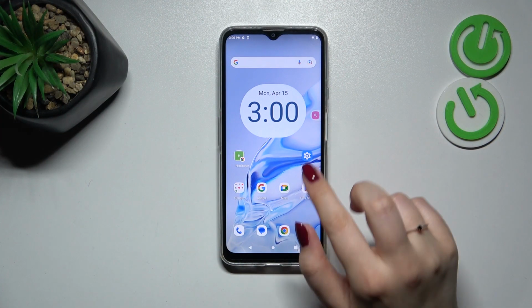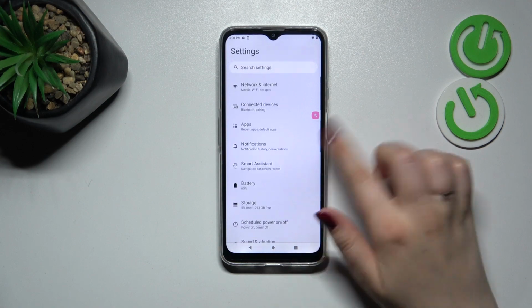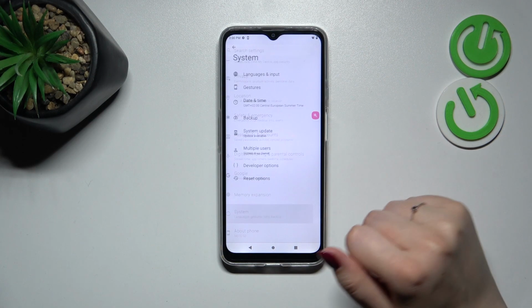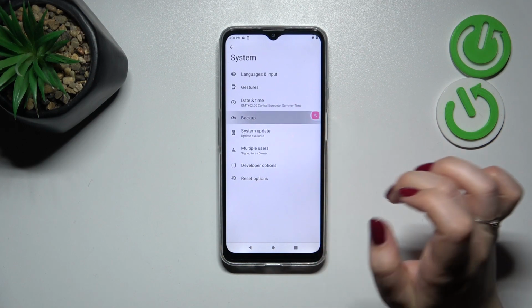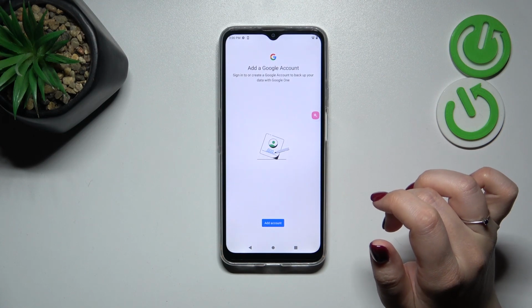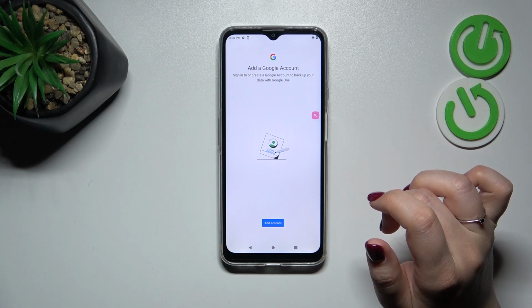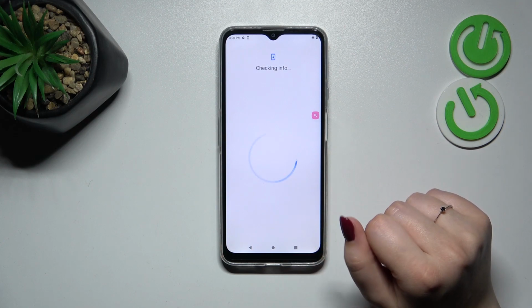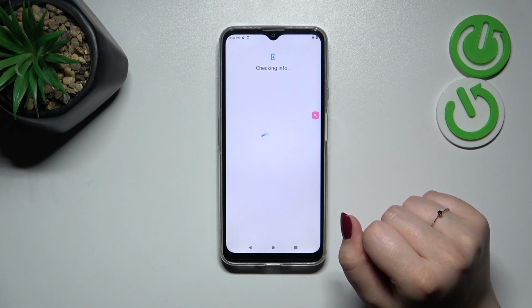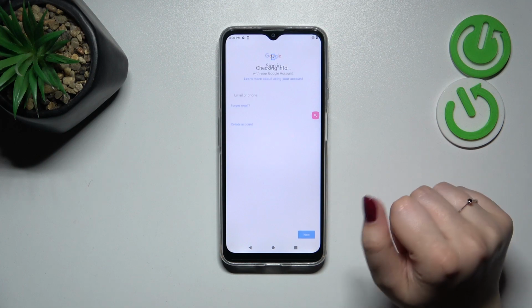So let's start with opening the settings, and here we have to scroll down to find the system. Now let's tap on backup, and as you can see we will be immediately transferred to this Google backup. So let's tap on add account. And to make sure that you've got the internet connection it is required, you can use Wi-Fi or mobile data,